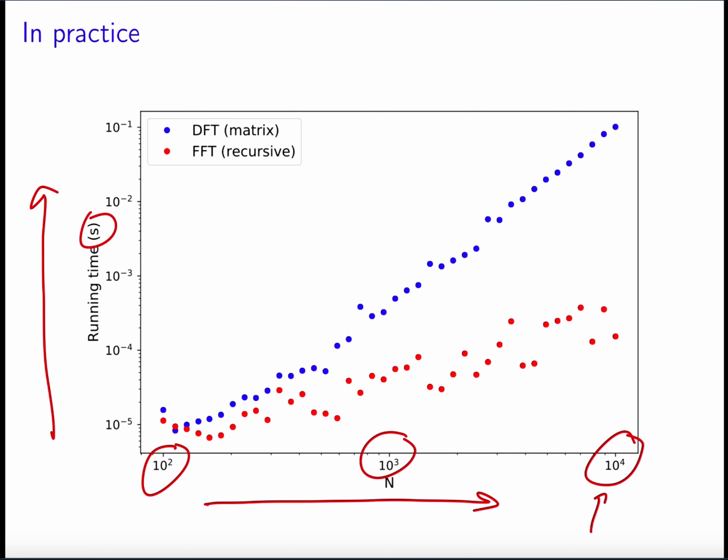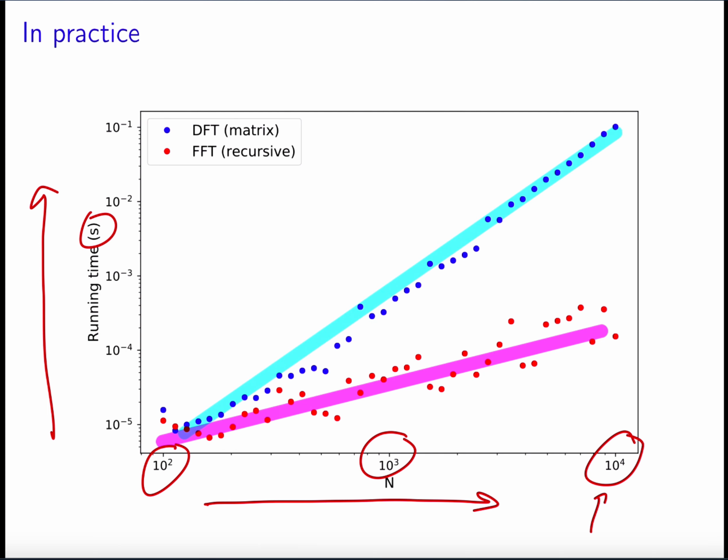This line here is what happens when you apply the FFT, the recursive algorithm. Maybe I should have drawn that in. Let me draw that in. Yeah, maybe this color. Okay. And this is the line that you see if you just apply a naive matrix vector multiplication, and it's much more expensive, orders and orders of magnitude. So here we're almost at 1/10 of a second, whereas for the FFT matrix for 10 to the 4 vectors,